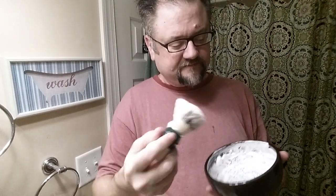Mystic Water is famous for being a little tricky to load, but it's not if you do a couple of things. Number one, you do what I'm doing right here. You work it a while before you add water. Just the water from the bristles, which I shook out for the most part, is all that has been seen so far. Okay, now that we've worked it for a little while,